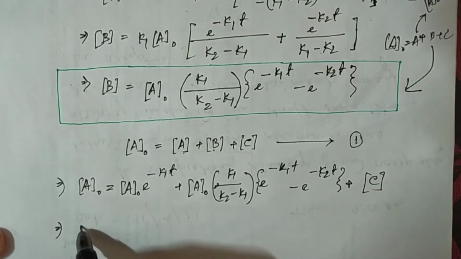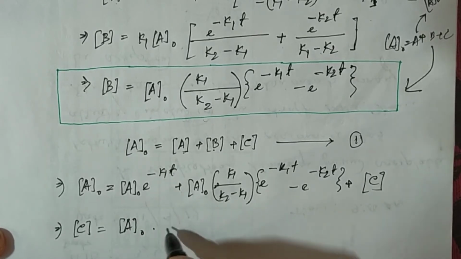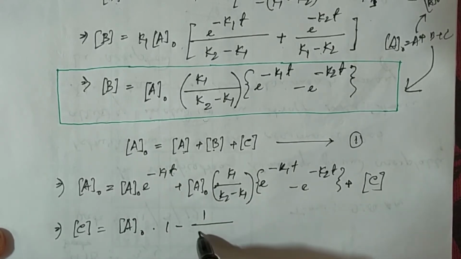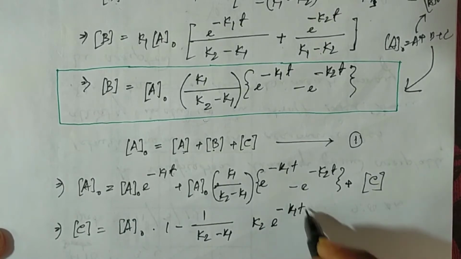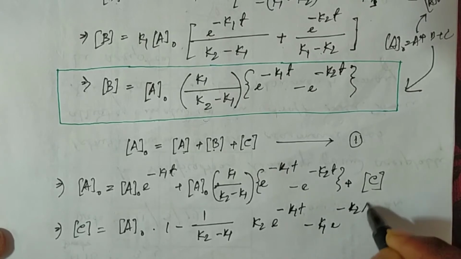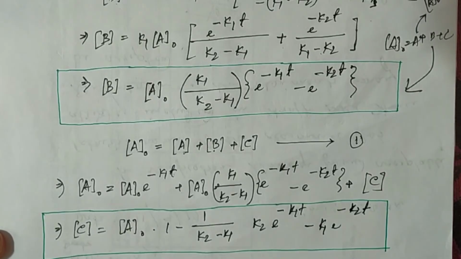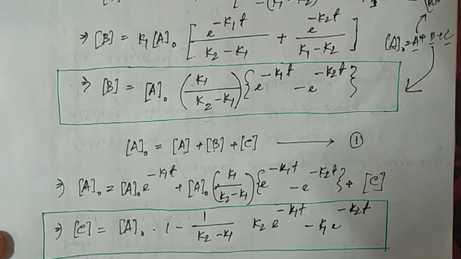So c will be a naught times 1 minus 1 by k2 minus k1 times k2 e to the power minus k1t minus k1 e to the power minus k2t. So finally we have evaluated the variation of a, b and c. Okay, next